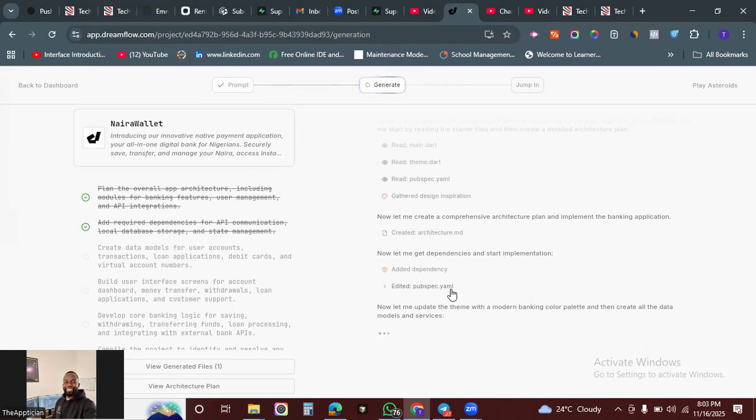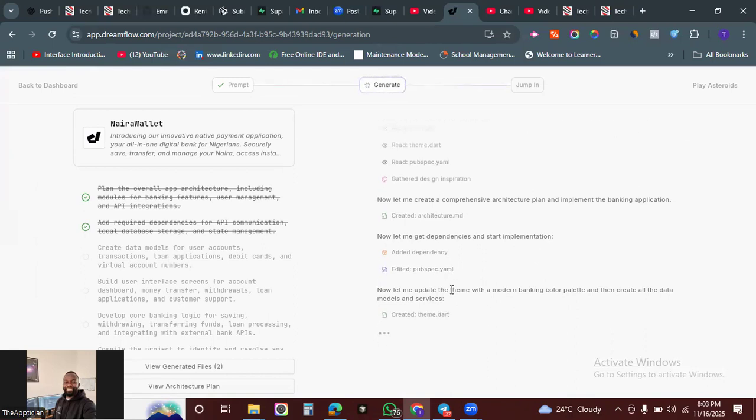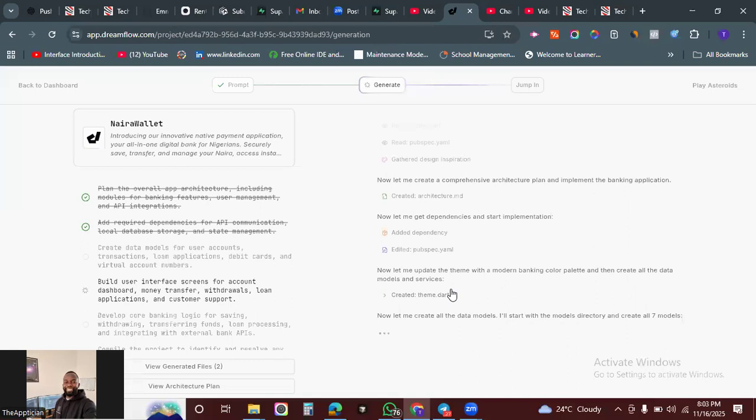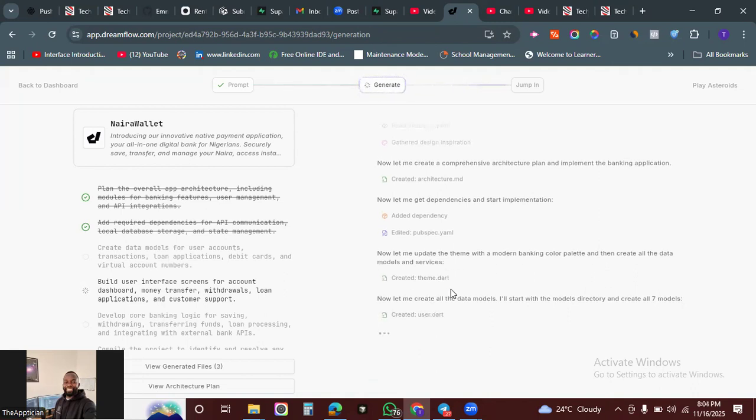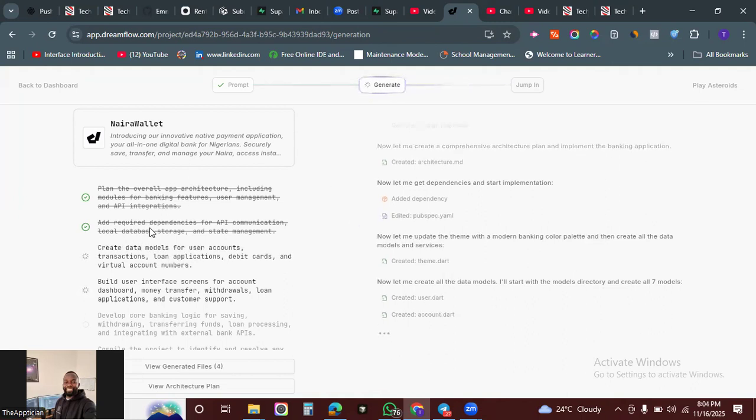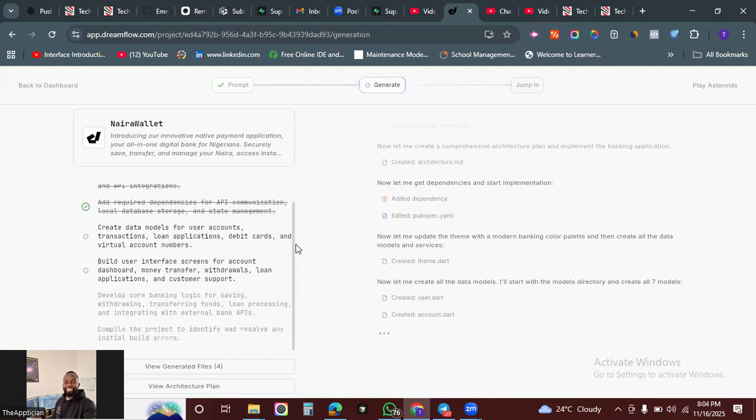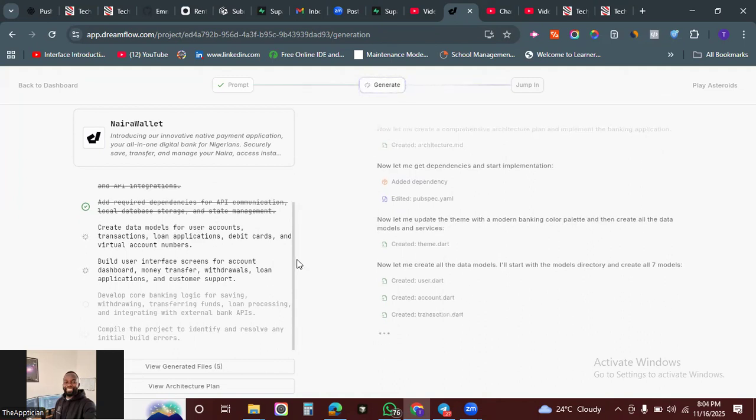All right. So I prompted this Dreamflow and it picked Flutter for me. And it's pretty good. Let's see what it will pull out for us. So reading through, you can see it has planned the project. Look at this. It has added required dependencies for API communication, a local database, and state management. It has created data models for user accounts, transactions, wow, loan applications, okay, debit cards and